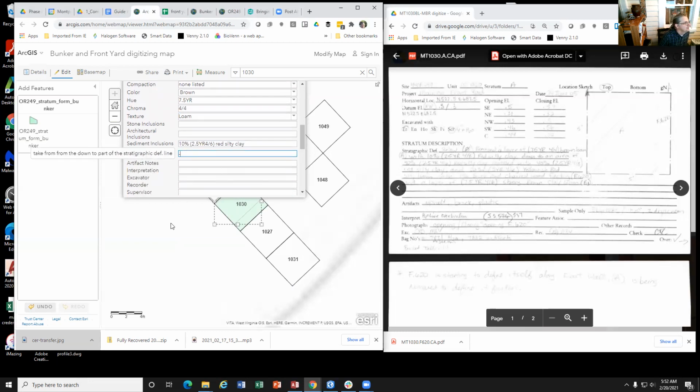Now the transition is everything after down to.